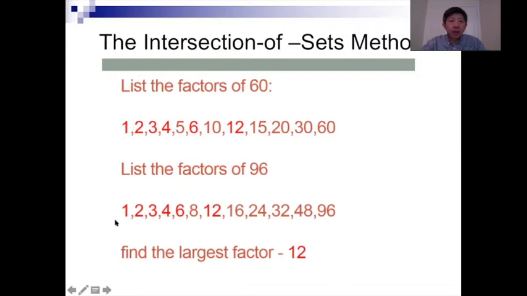So now 1 is common, 2 is a common factor, 3 is a common factor, 4 is a common factor, and 6 is a common factor. And then we have 12 is a common factor. So therefore, we find the largest common factor, which is 12. So the GCF of 60 and 96 is equal to 12. Let's do another